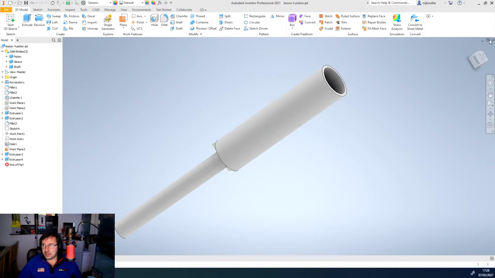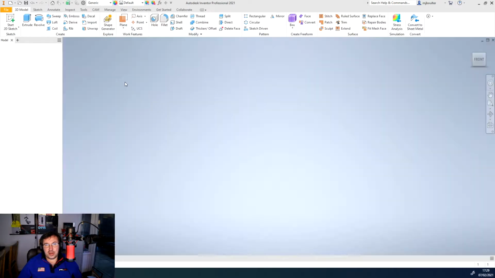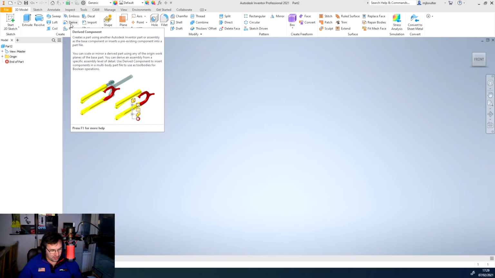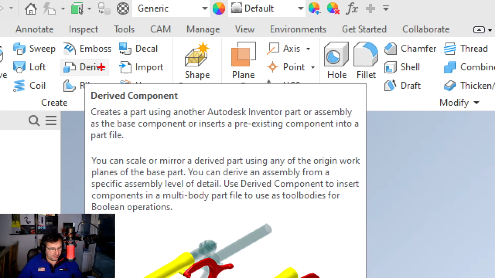So I'll just close that down now. I'll start a new part file. The second way you can do it is you can actually use the derive function. So if I just zoom in here, we have the derive function here,